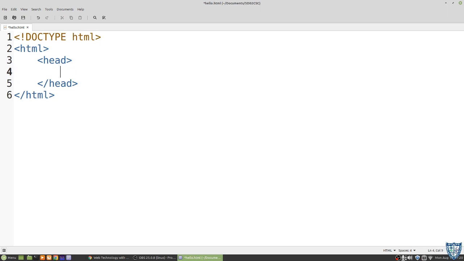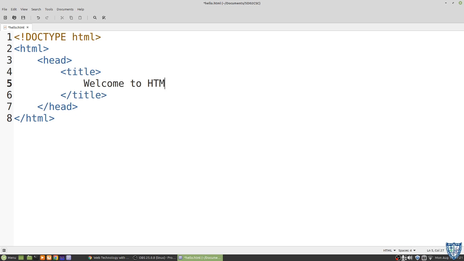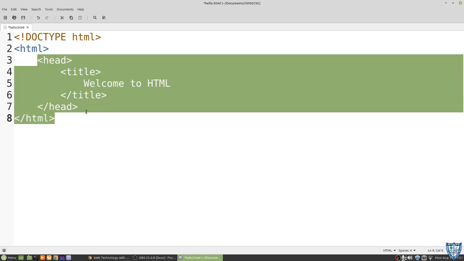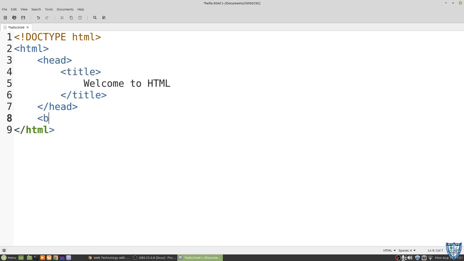So I'll do that first and see how it looks. The next tag is title, and the closing tag of title is /title, and we can put some content here, and that content is "Welcome to HTML". Okay, so that's it with the head element, and after the head we can move to the body element, and inside the body element we can say some text. In this example I will do hello world and add some exclamation marks. So that's it. This is our first HTML document.